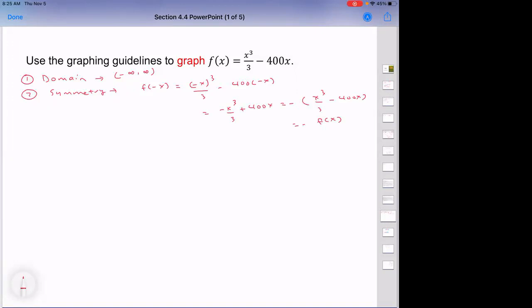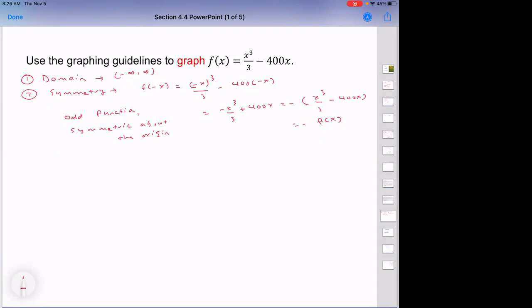So this is an odd function. That means it is symmetric about the origin. I have a question. Okay, please. How did you get the negative f of x? No,